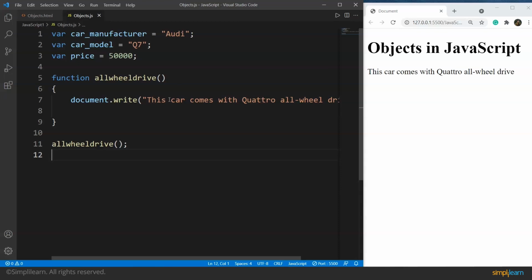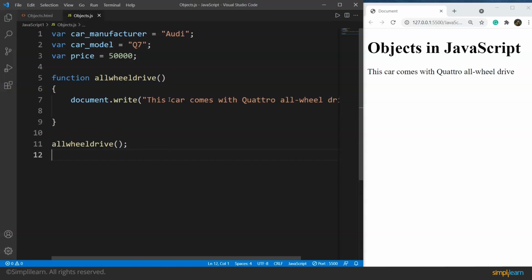So in such a case, where we have to use the same property again and again for 100 different cars or 100 different entities, we can copy paste this same piece of code repeatedly, and we have to change the value every time we copy paste it. So we have to change the variable name, the car manufacturer, the car model, and the price as well. Imagine we are doing this for a list of cars. Then it goes on and on. So this is the most inefficient way of tackling this problem, right?